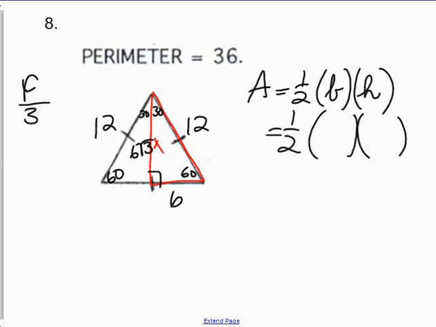Okay, so 1/2 of the base. The base is going to be this line right here. So we know that is 12. And we know that the height right here is 6 radical 3. So you type that into your calculator and you get